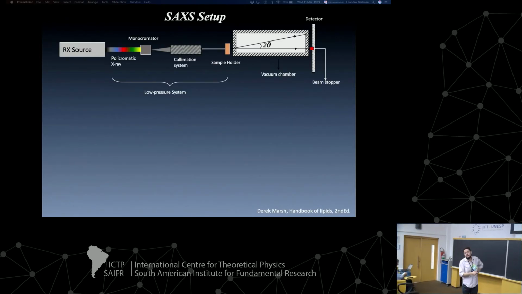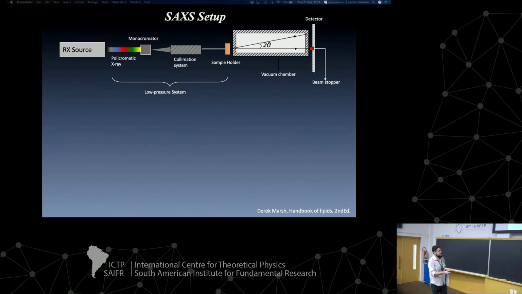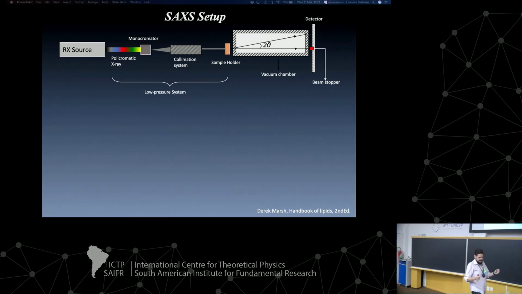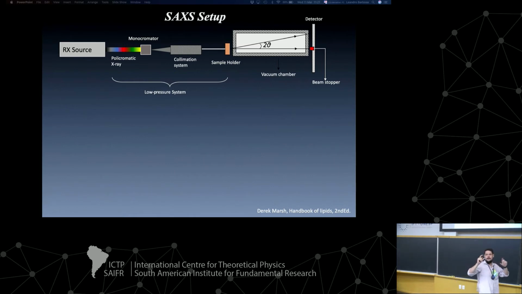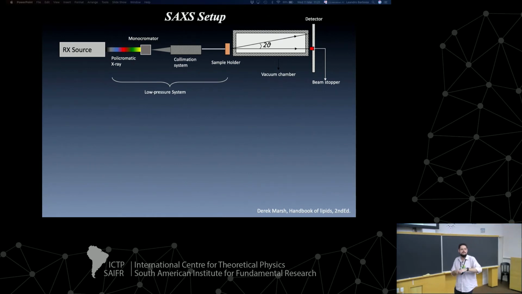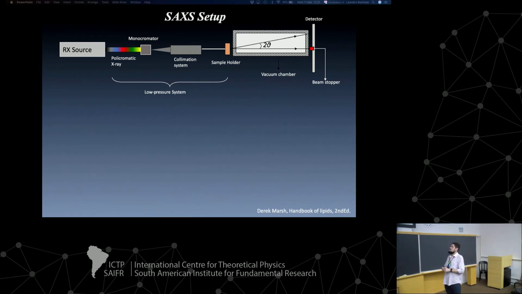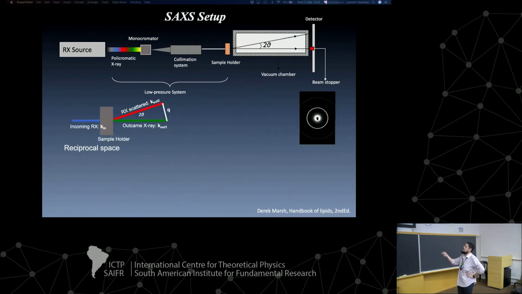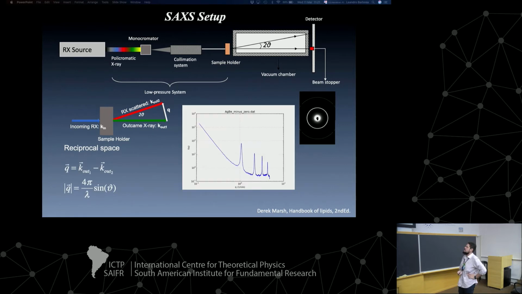Just to remember, yesterday we talked a little bit about small angle scattering. We use small angle scattering because the sizes of these cubic structures are more or less compatible with the SAXS technique. We are talking about lattice parameters of 15 nanometers, 10 nanometers, so it's very nice to use X-rays to better understand and to characterize this kind of system. So I will not take much time, and we already talked about this